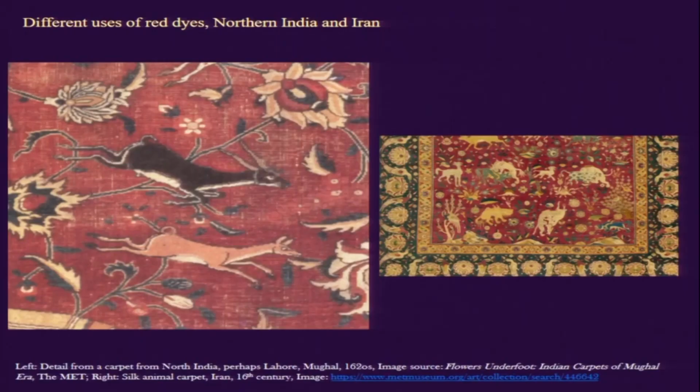And then the other example that we have on screen, on the right side, in the red ground there, we find it is much more of a pinkish red. I'm not sure if it is clear on the slide, but this pinkish red is a bit different from the earthy red that we are talking about in the South Asian context. It is obtained from using cochineal. And in the Mughal context, we find that this bright pinkish red yarns were imported from Iran,